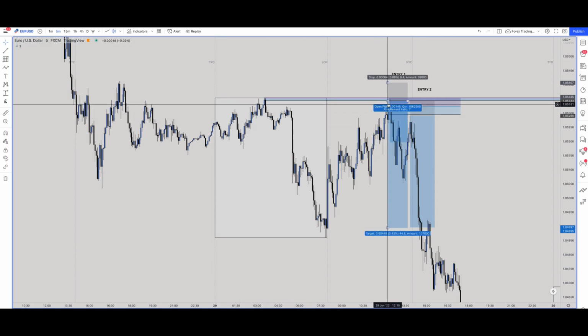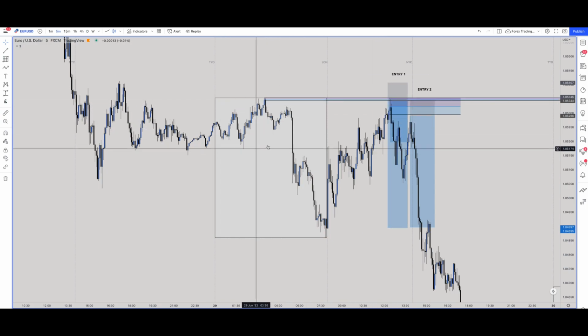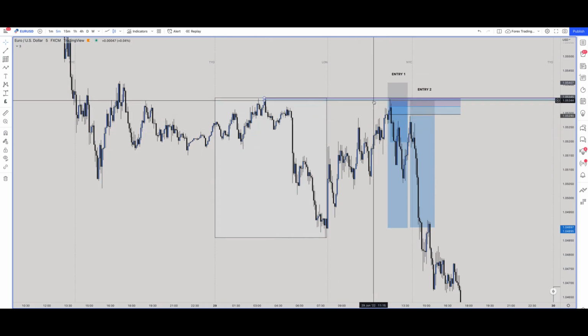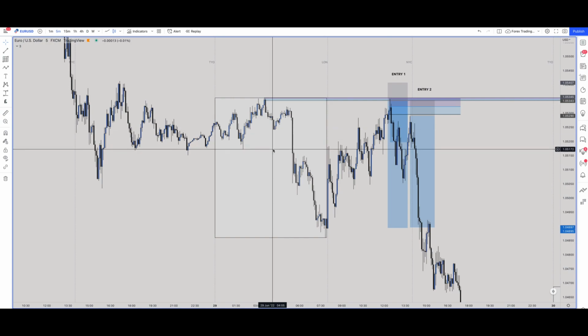So price comes up, and because I've already had my breaks of structure, I'm quite happy to enter that trade when we come back up into this area. Now, there isn't anything that ordinarily you have to look for at that point. Again, this is an aggressive entry. I do talk about lower time frame confirmations, but in this setup, because we've already had the breaks of structure on the 1 minute, on the 5 minute, on the 15 minute,